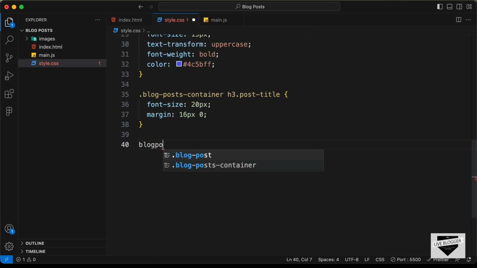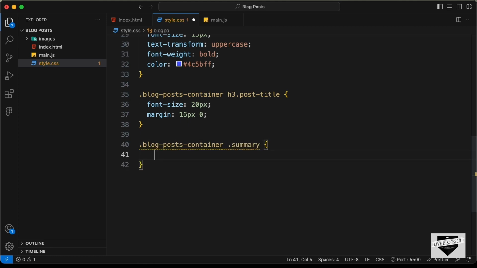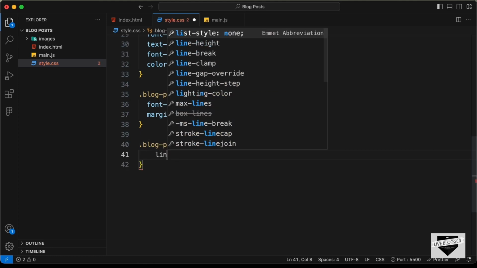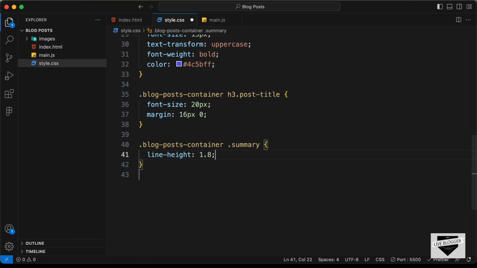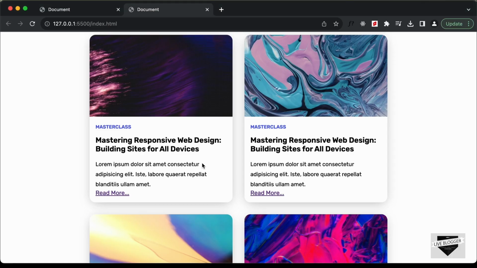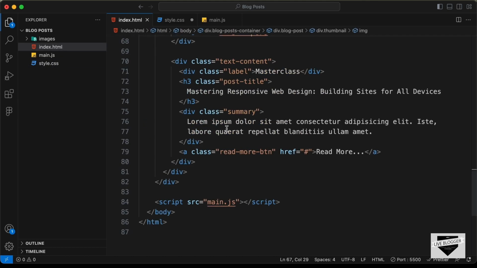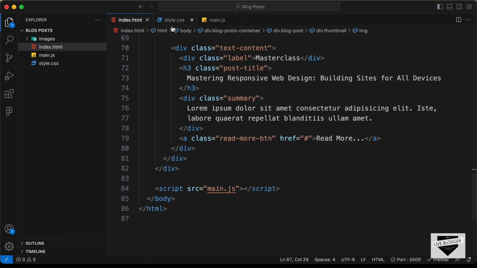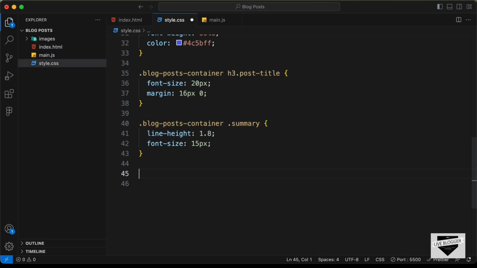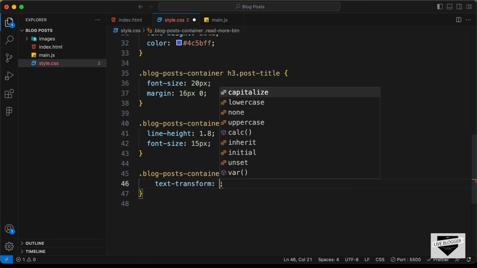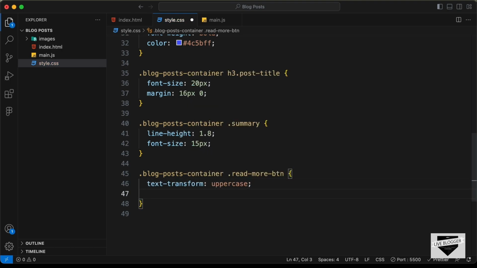So here let's type blog post container summary, and let's set the line height to 1.8, and let's set the font size to 15 pixels. Right now, let's style this read more button. For the read more button, we have this anchor tag with the class of read more btn. So let's type blog post container read more btn, and let's set the text transform to uppercase, and we'll set the font size to 13 pixels,